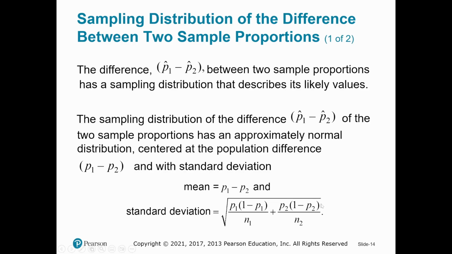This is the formula. Now, if you remember the binomial distribution, this would be the variance from the binomial distribution when you divide by n and you get a proportion, a sample proportion. This would be the variance of the first sample proportion, and this would be the variance of the second sample proportion. And we are actually subtracting these two